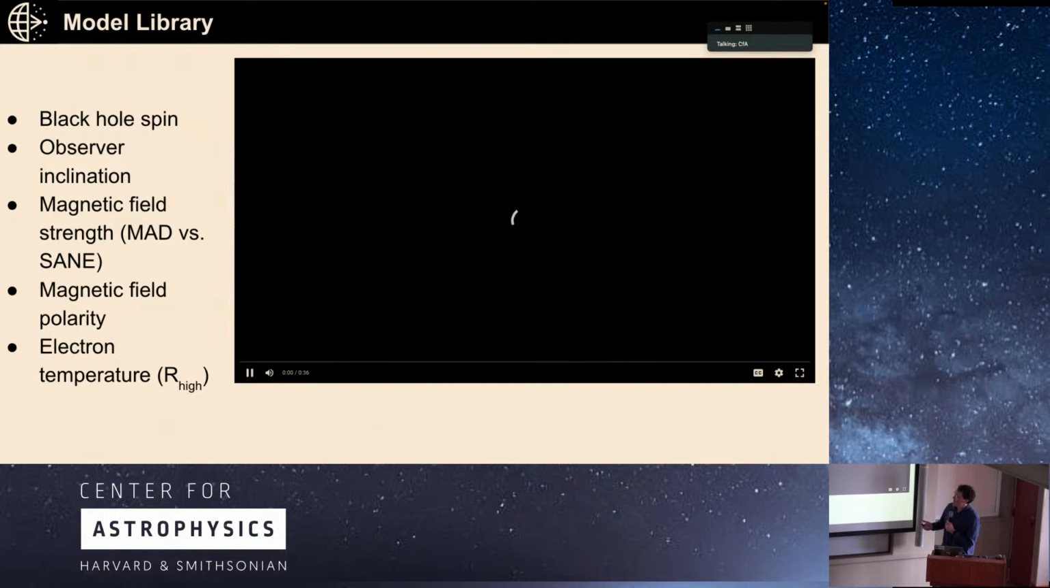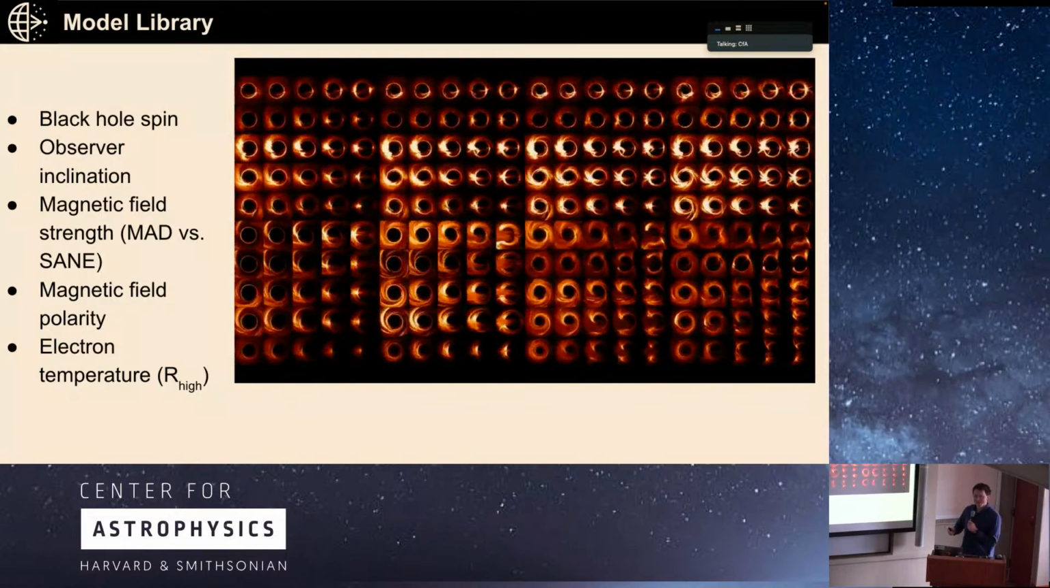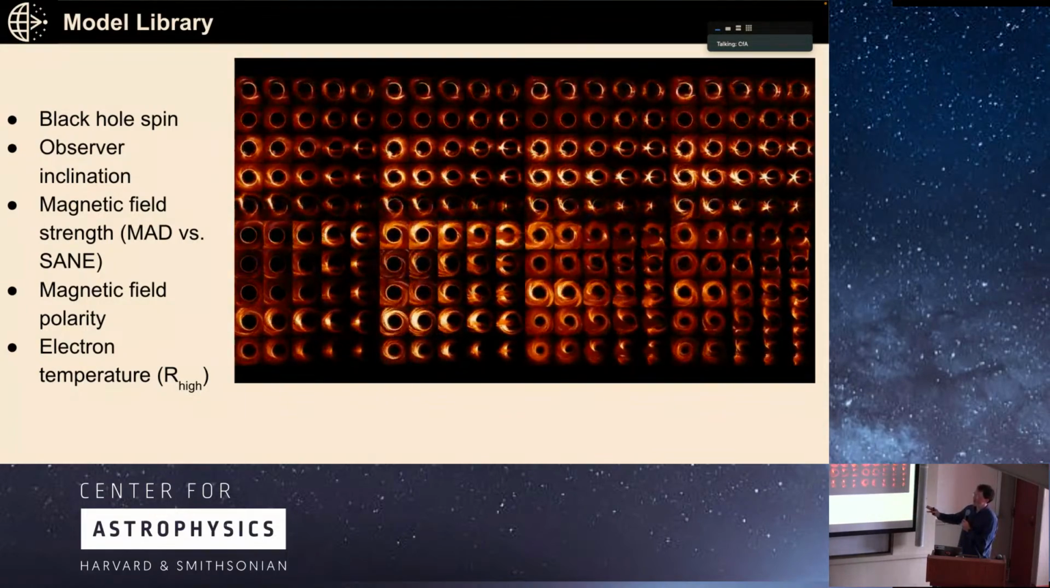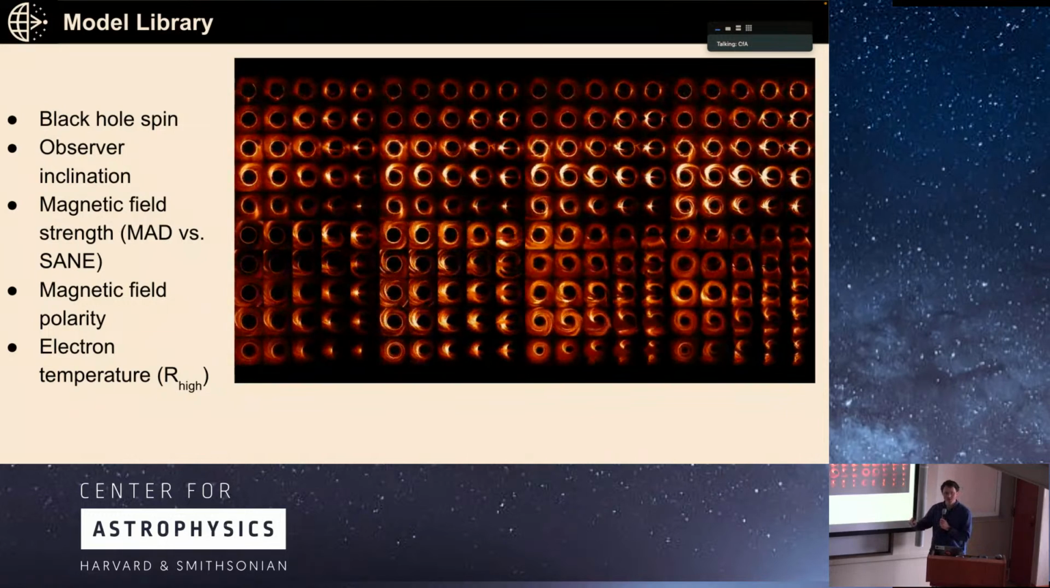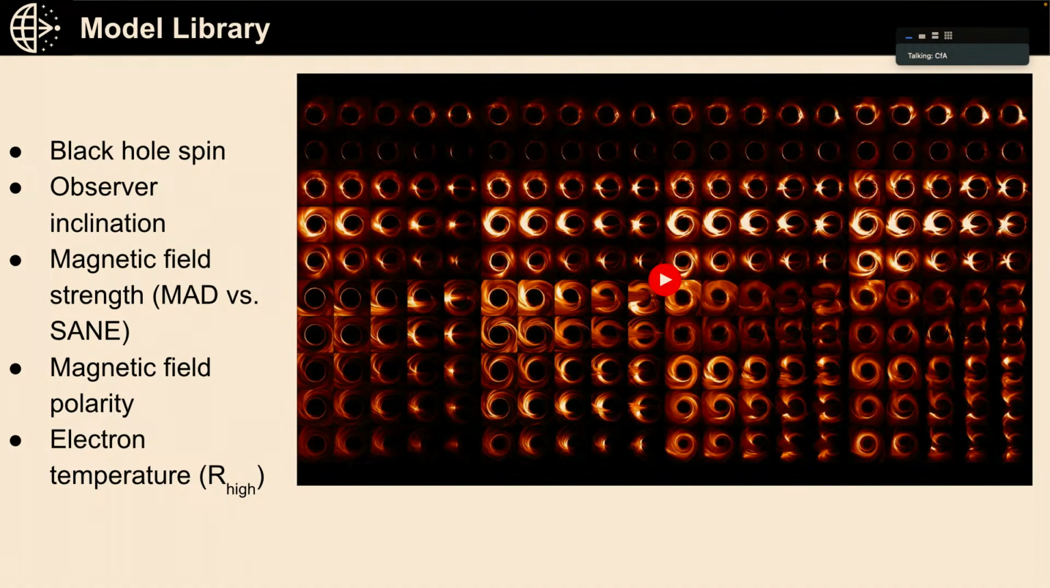So this is a picture, if this very large video will load, of just a handful of the simulations in our model library. This is not even a third of the number of simulations that we included in the whole analysis. So we've run this very large library of GRMHD simulations across a large parameter space of parameters that we're interested in. And I list the interesting parameters, the non-nuisance parameters, over here on the left, which are